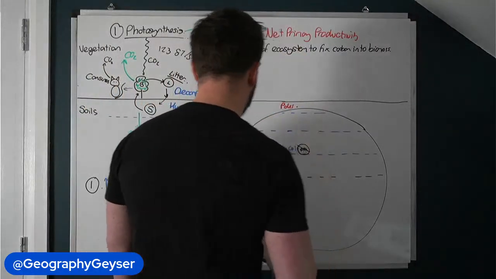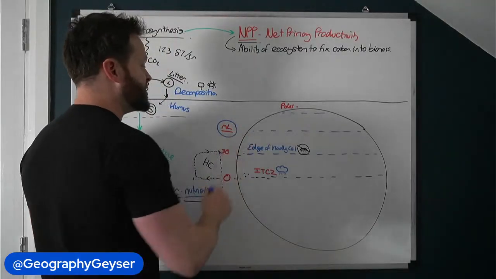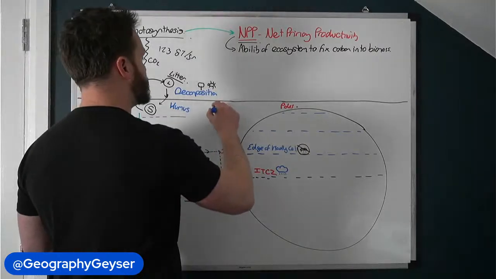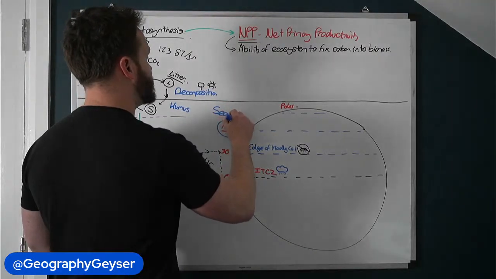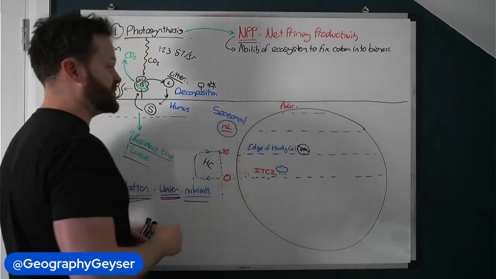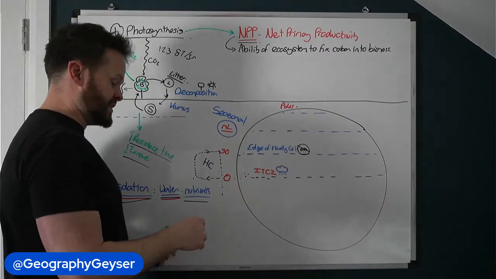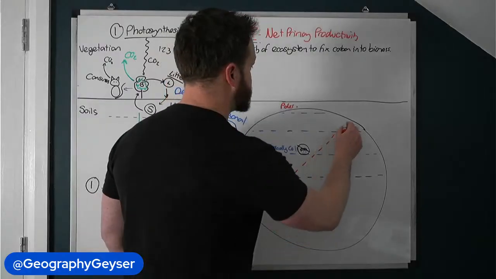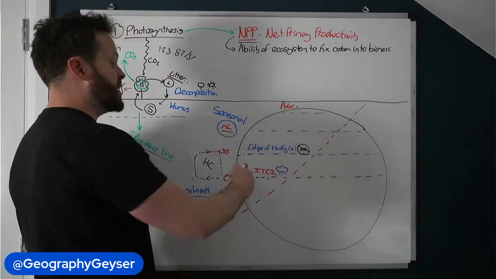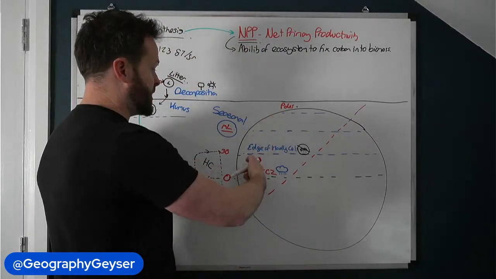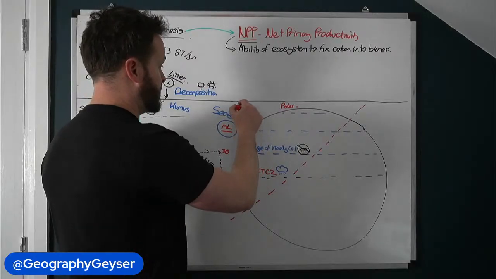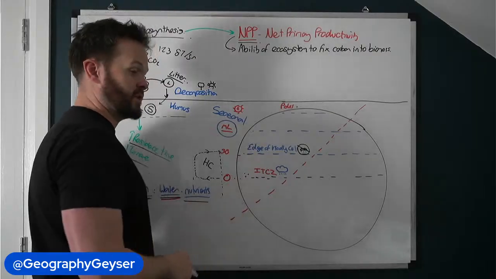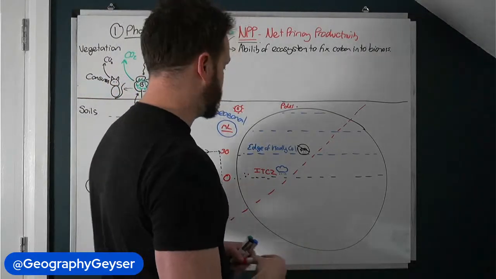So we have massive variations. In the mid-latitudes, the variations are less spatial here and they're more temporal because it depends on the seasons. So we'll have seasonal differences in net primary productivity. And that, if you remember, is to do with the axial tilt of the Earth, which means insolation is in higher concentrations in summer. Yeah, so we have summer rays. We're through that now. We're well out of that in the UK.